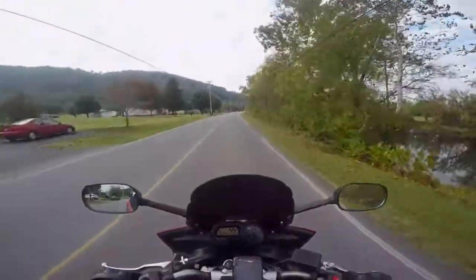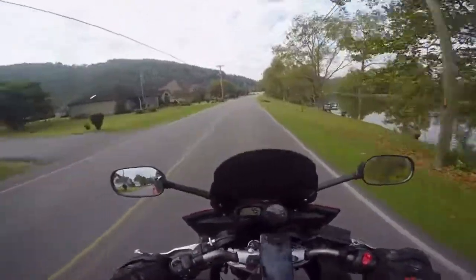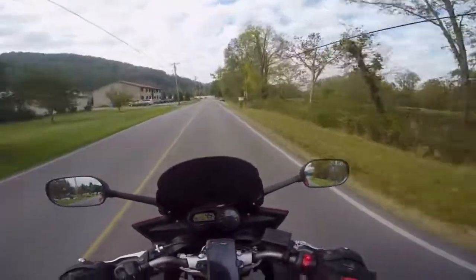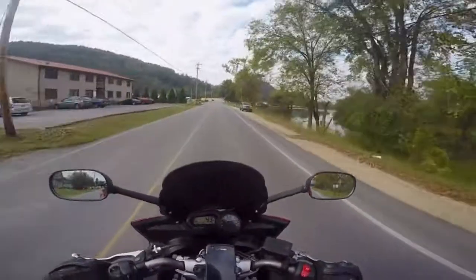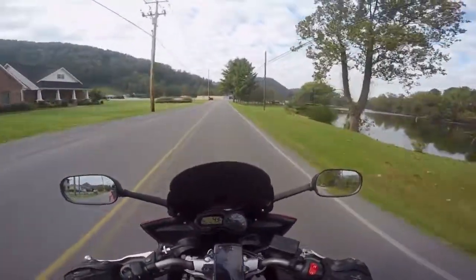You know, the FJ09, fantastic bike. Can't beat it for the money. I can't complain about it. I've ridden it on a Yamaha demo day, just like I've recently ridden a Yamaha FJR1300 on a Yamaha demo day. And the difference is, well,